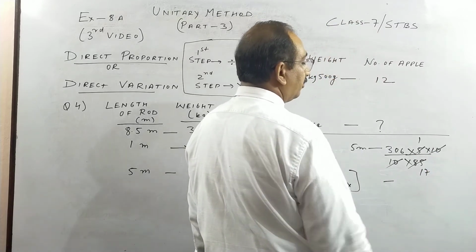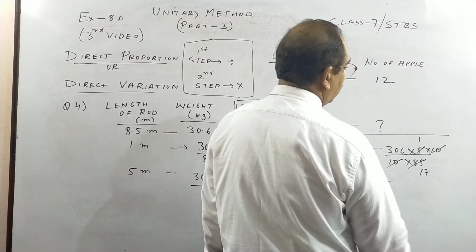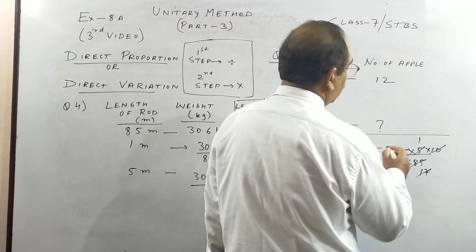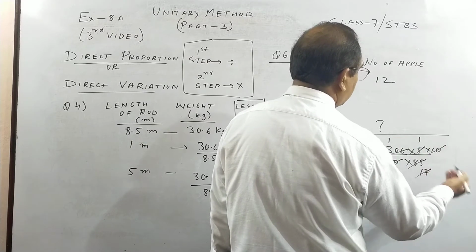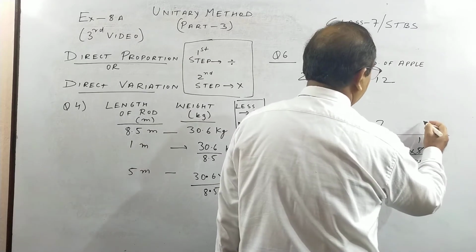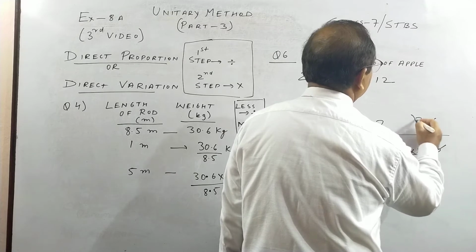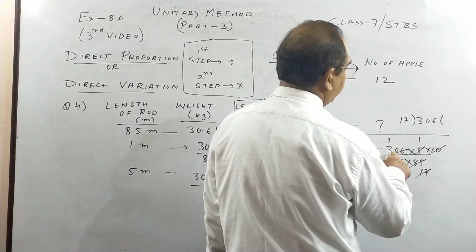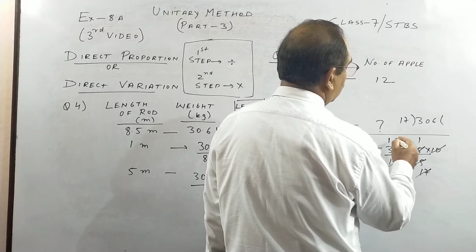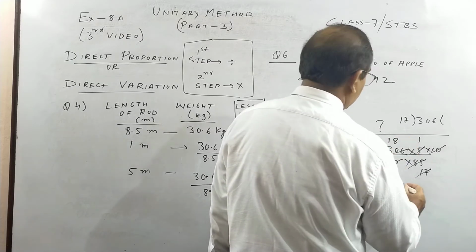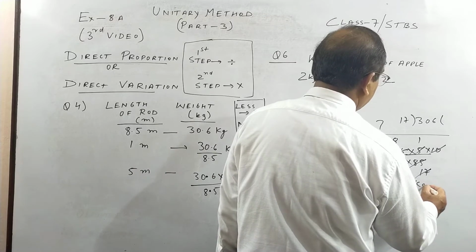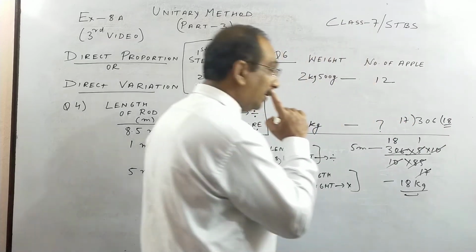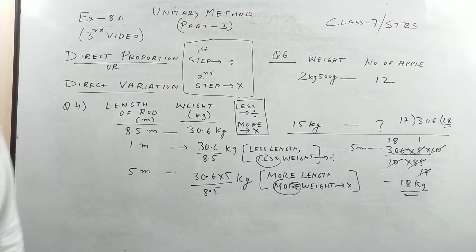Okay, 5 ones are 5, 5 17s are 85, and this, if you cancel 306 by 17 ones are 17, you can do separately also. You can divide like this, 306 by 17, and see how you will get. So 17 ones are 17, 13 left, 136, 18 times. So the answer is 18 kg. You can divide like this, you will see you will get 18 here as the quotient.